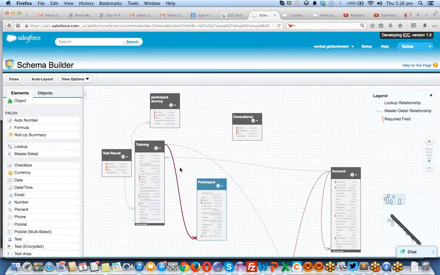This is the master detail relationship going from participant to training. You can create roll-up summary fields only on the master objects. You cannot create them on lookup objects because,